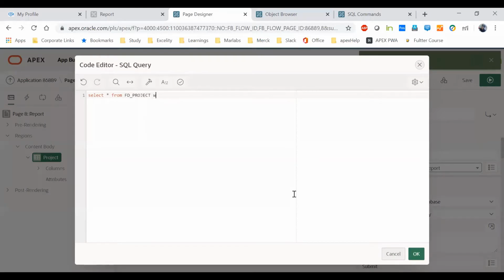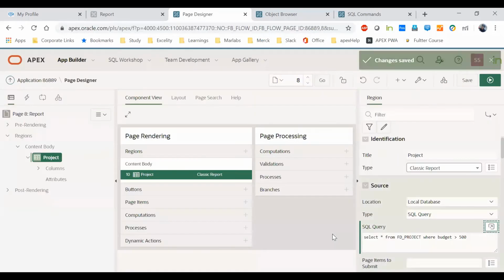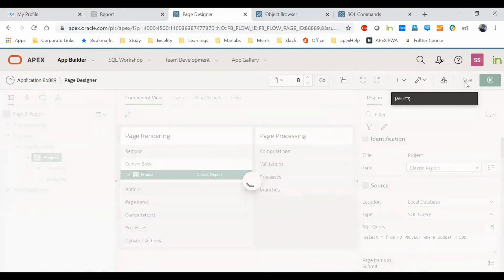Let's say I write where there is a column called budget, budget is greater than 500. This button is to validate whether I have written this code properly or not. If any syntax error is there, it will not get validated and will give you a syntax error. So let's validate it, click OK, and click on save.